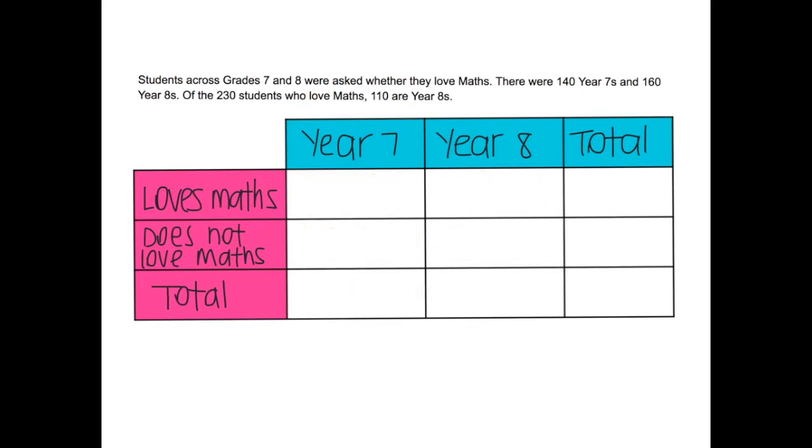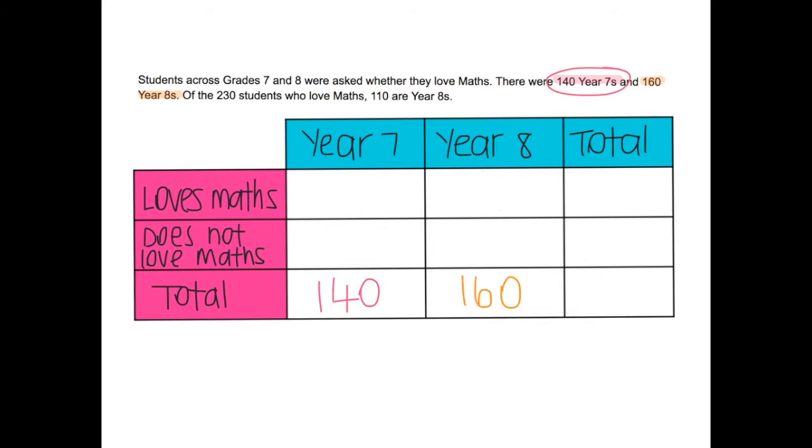So there are 140 Year 7s. I can see the Year 7 column, and I'll travel down that column to where it meets the total row. So I'll pop 140 in here. The next part is there are 160 Year 8s. Again, I will look in the Year 8 column, and then I will write 160 in the total of that